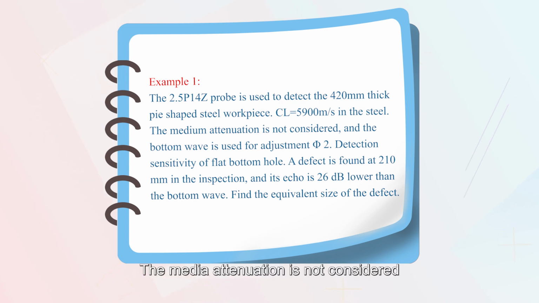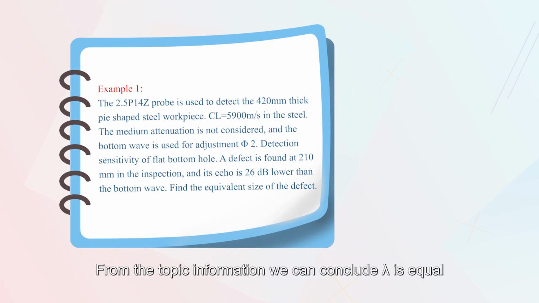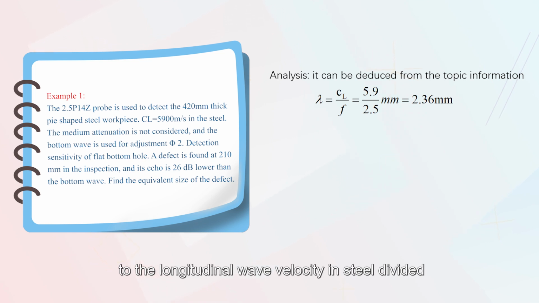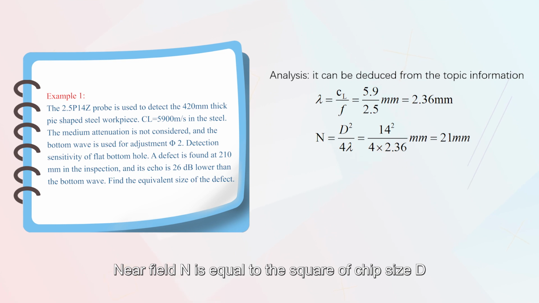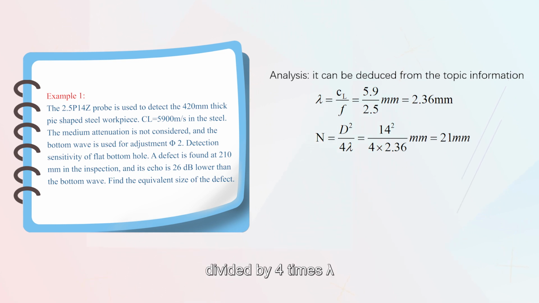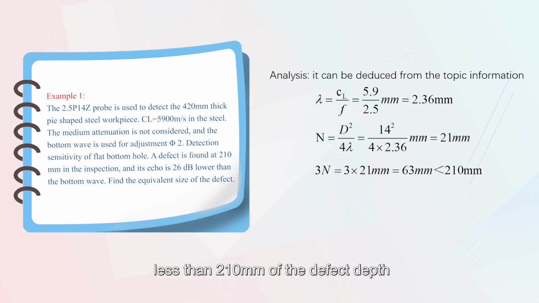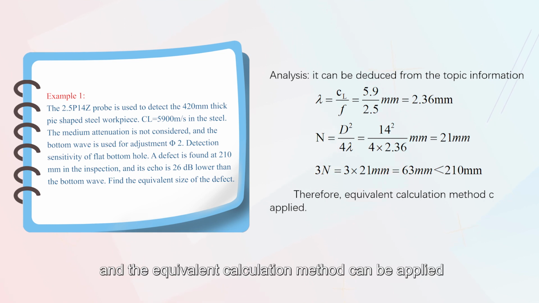The media attenuation is not considered, and the bottom wave is used to adjust the detection sensitivity to a phi 2 flat bottom hole. A defect is found at 210 mm in the inspection, and its echo is 26 dB lower than the bottom wave. Find the equivalent size of the defect. From the given information, we can conclude the wavelength equals the longitudinal wave velocity in steel divided by the frequency, equal to 2.36 mm. The near field N equals the square of the chip size D divided by 4 times the wavelength, equal to 21 mm. Therefore, 3N is equal to 63 mm, less than the 210 mm defect depth,